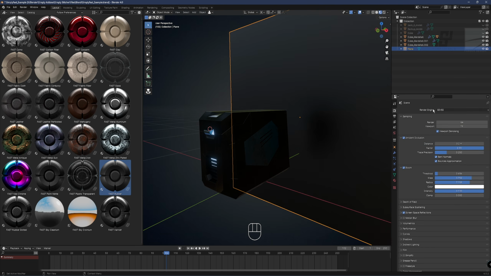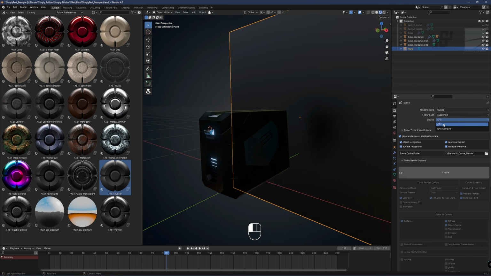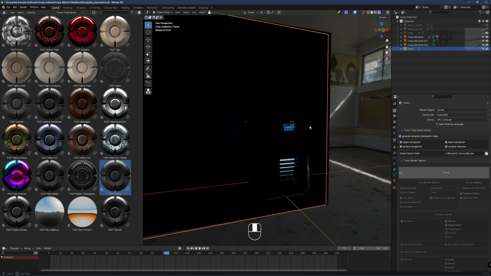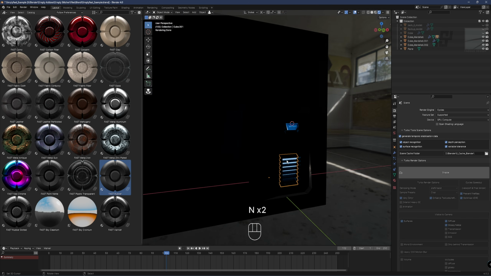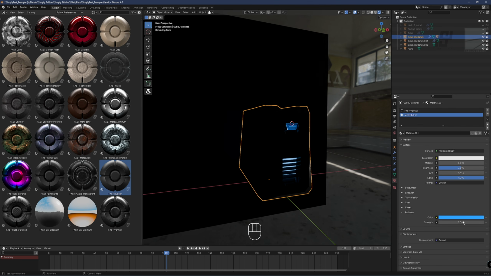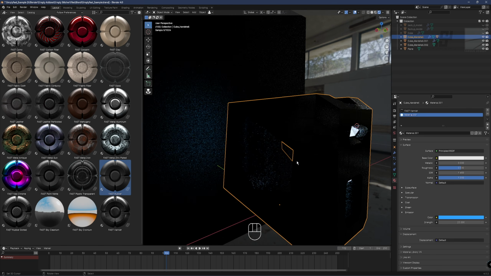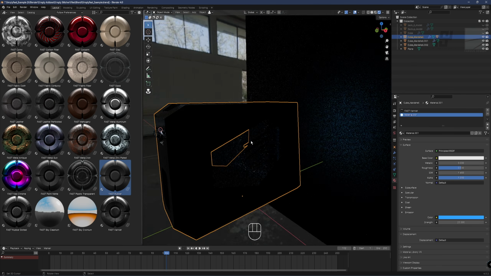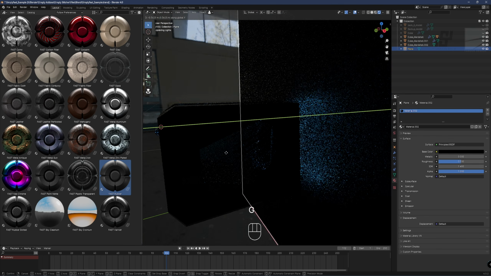But if we go over to cycles, it should work too. And let's see what happened. So go over here and set up to 20, for example. Yeah, so you can get really nice